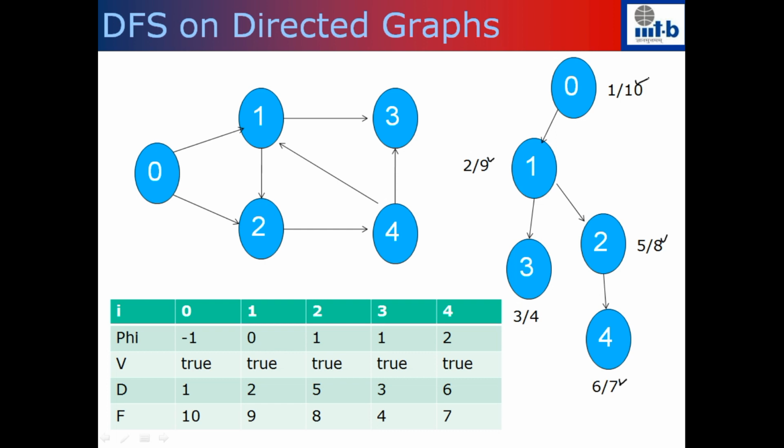So as I said earlier, every edge is going to be considered exactly once, and you are going to call the DFS function from every node exactly once, right? Because the moment you call the DFS function from this particular vertex, the flag of that is turned true. So if you try to visit this vertex again, the flag of that is already going to be true. So you don't call the DFS function a second time if there is an incoming edge to this. So every edge and every vertex is going to be considered exactly once. So the total complexity of this algorithm is order n plus m.